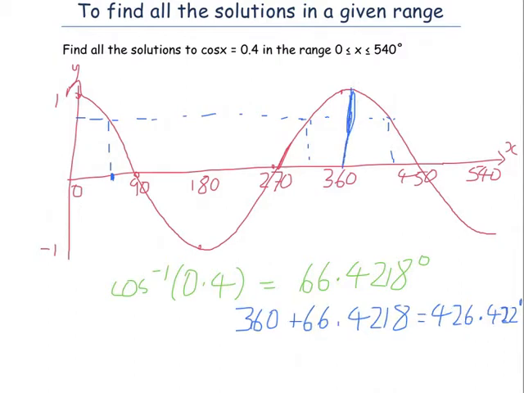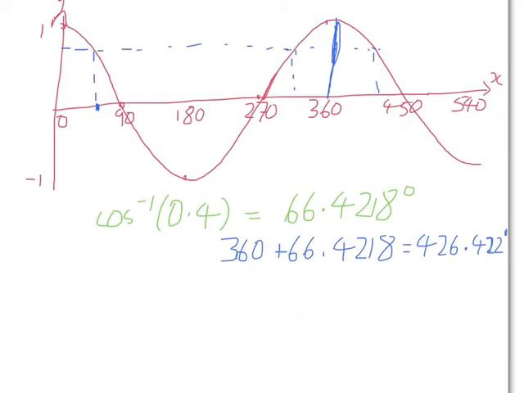So if that point there is 66.4218 that way, this point here must be 66.4218 that way. So we're going to take it away this time. So the last solution in this range is 360 degrees minus 66.4218, which is